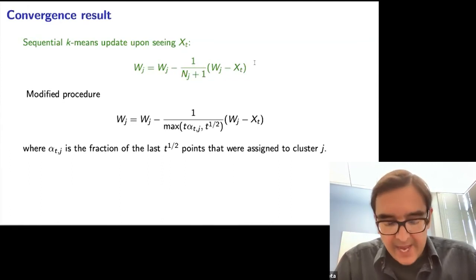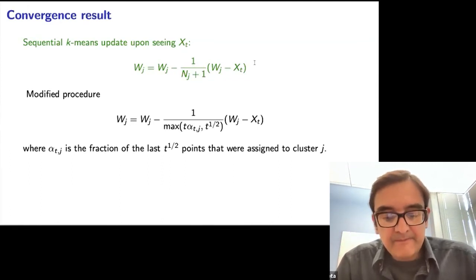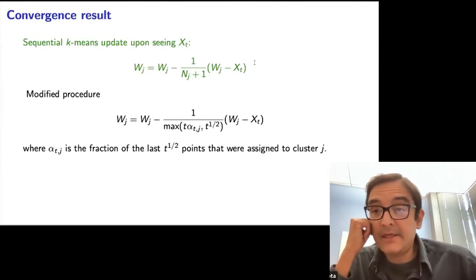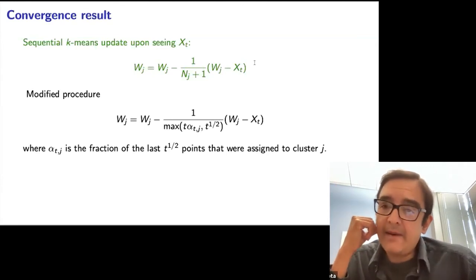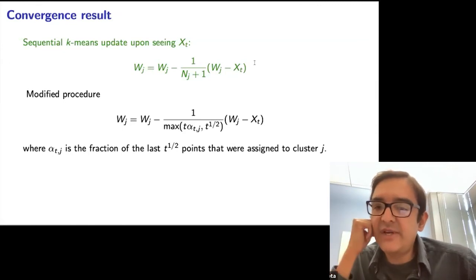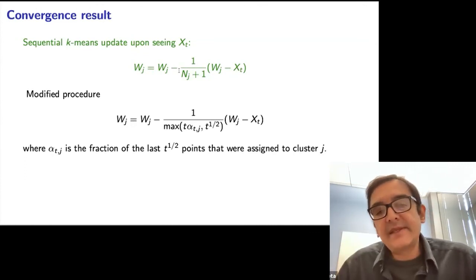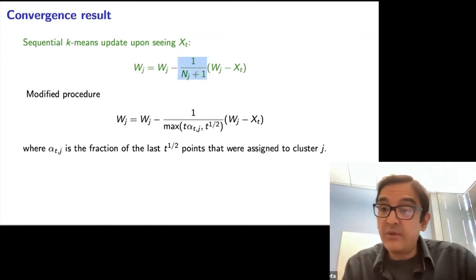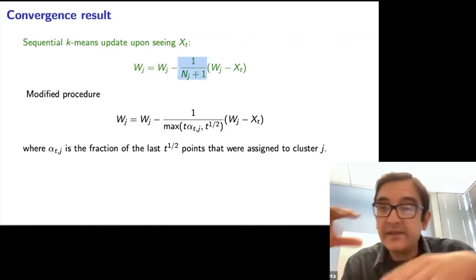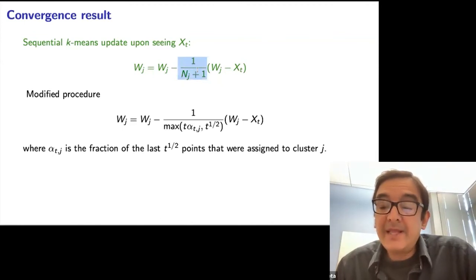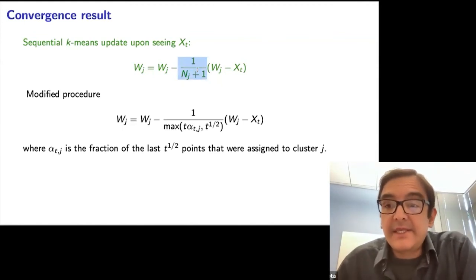It turns out that in analyzing this, a big difficulty is that there can be some clusters that very rarely get updated. A cluster that really just contains a few points, and it very infrequently gets updated. And so what happens is that the counts for that cluster remain very small, while the rest of the world is moving on, and everything else is changing much more frequently. And this creates a lot of problems in the analysis.